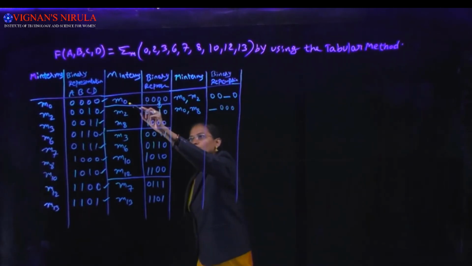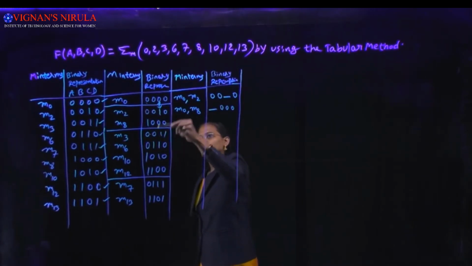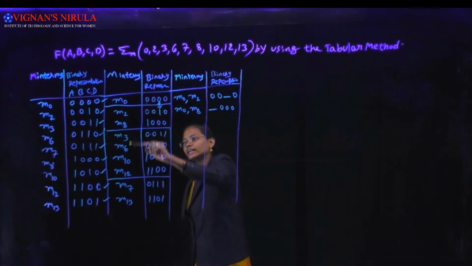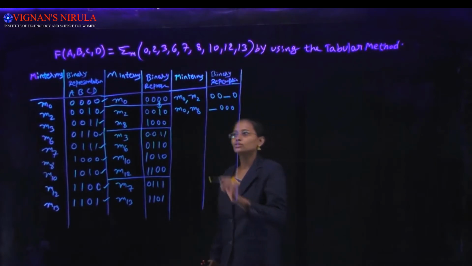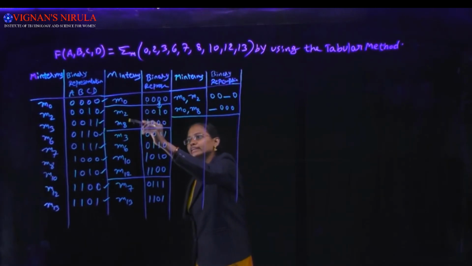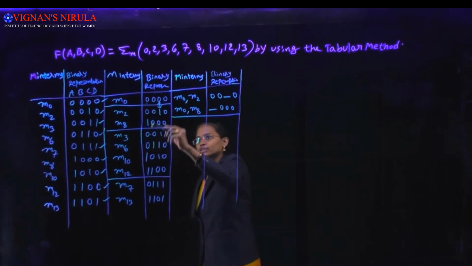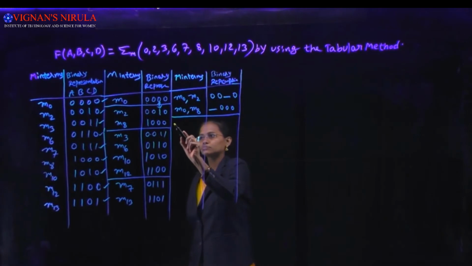Okay, and next M0 is compared with the third group, that is M0 and M3 0 0 0 0 and 0 0 1 1. Here two positions are different. And next M0 and M6 0 0 0 0 and 0 1 1 0. Here also two differences are there, so this is not considered. And next M2 is compared with the next group, M2 and M3 0 0 1 0 and 0 0 1 1, only one position is different, so write down that min term, that is M2 and M3.